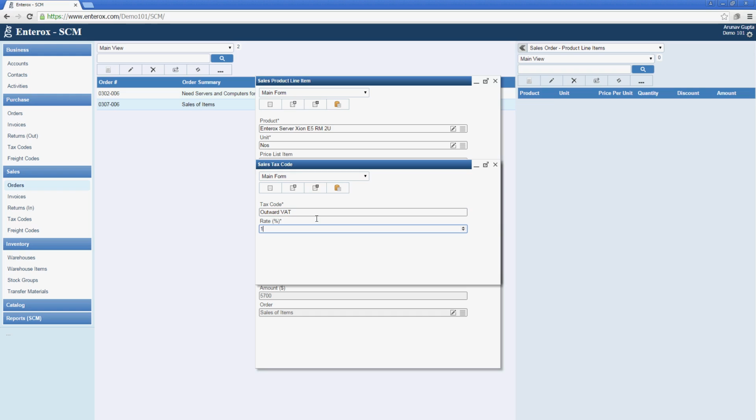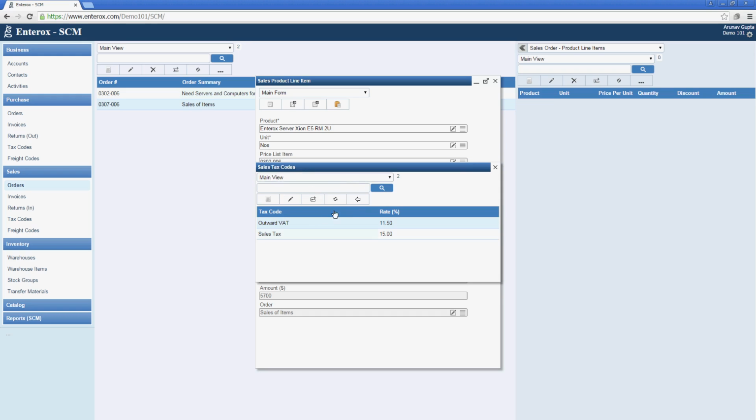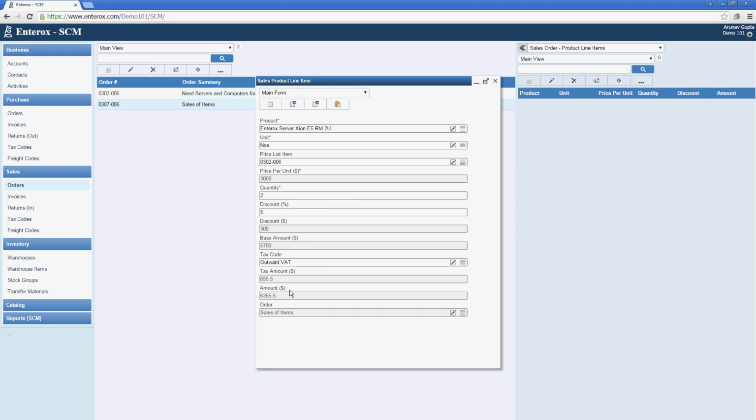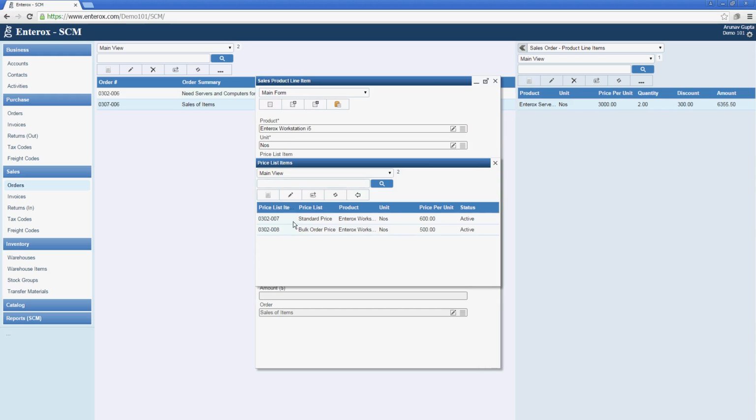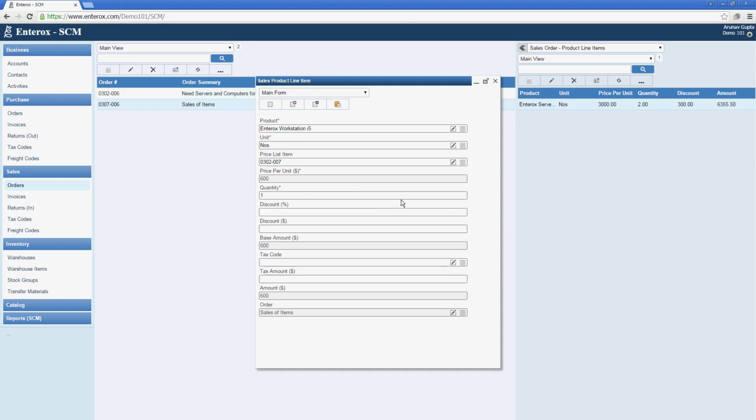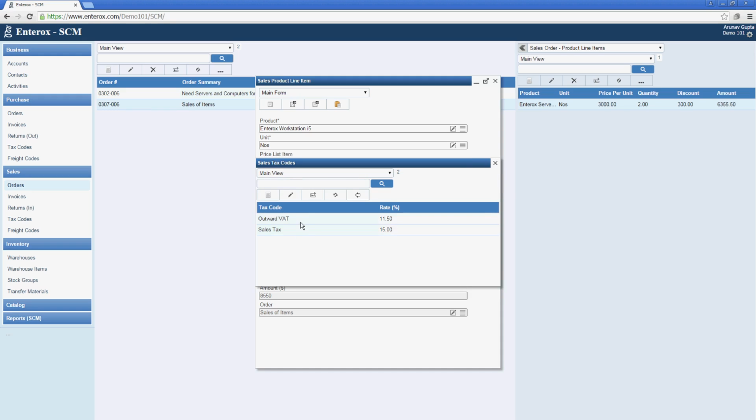Let's say 11% or 11.5%, something like that. Select that tax code, and we have the total amount calculated. We'll add some workstation computers as well, again at the standard price. That's 15 workstation computers. Again, we'll give a discount of 5%. Select the same tax code,